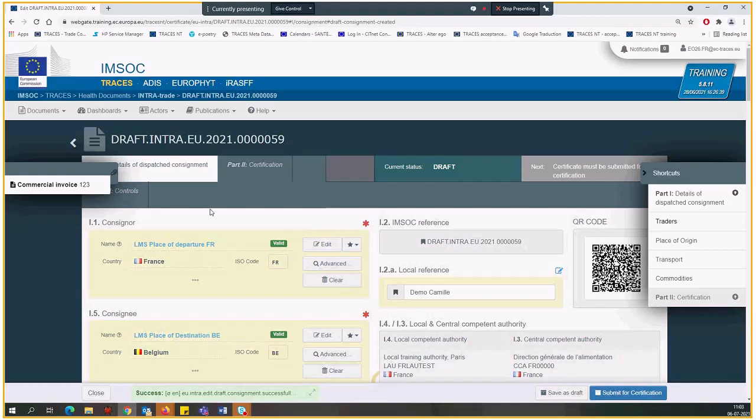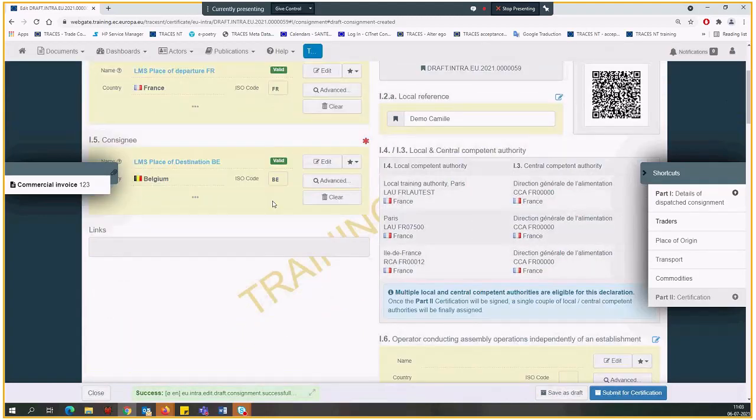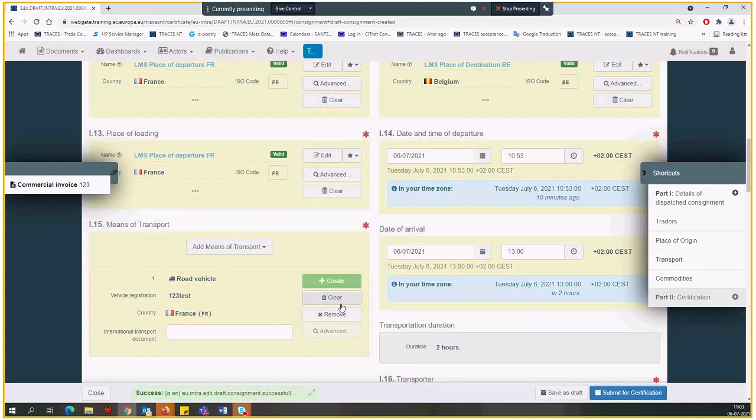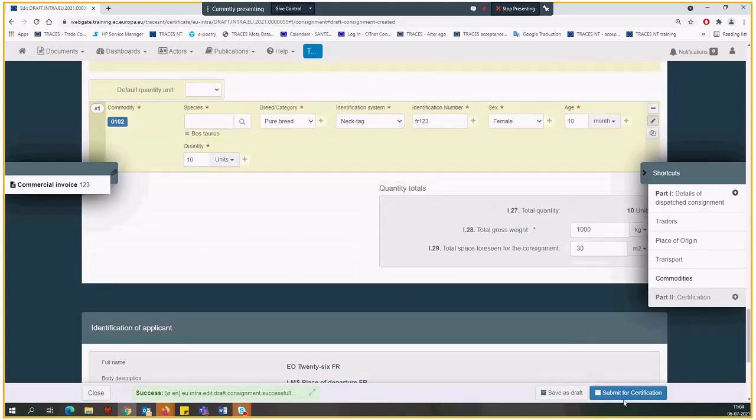All right. As you can see, once you save as draft, the system gives a number to the INTRA. Note that it's a draft number, so once you submit for certification, this number will change to the definitive number. We can also see here the status of the INTRA as draft. Note that when the EU INTRA is in status draft, only the economic operator or the person who created this part 1 has access to the EU INTRA. And of course, every box is still editable. Right, if everything is correct, we can now submit for